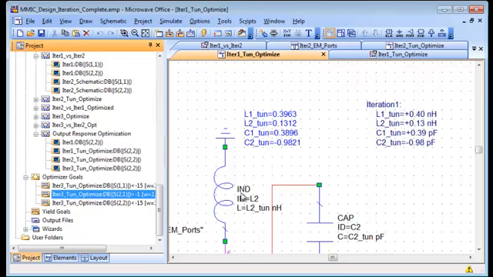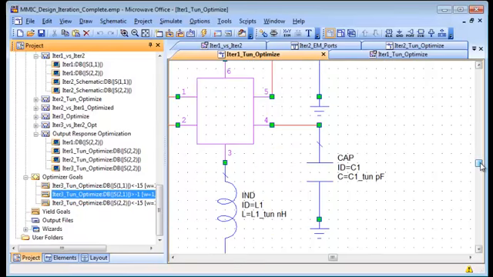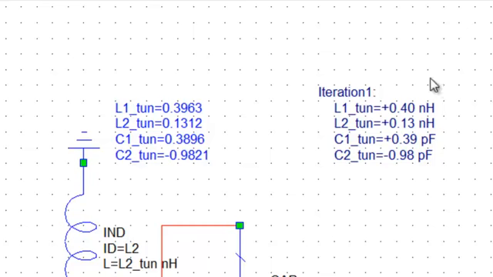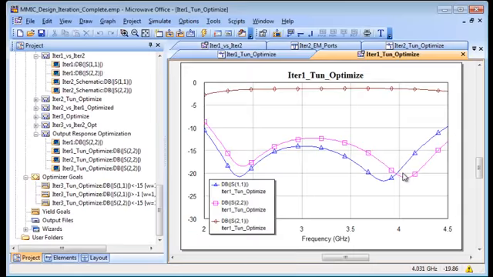So when we run the optimization, and the variables really are just the values of these tuning elements, the capacitors and inductors, we wind up with these values for the tuning elements. We need to increase L1 and L2 by 0.4 and 0.13 nanohenries respectively. C1 would need to be increased by about 0.4 picofarad, but we could decrease C2 by about 1 full picofarad. So a fair amount of change in tuning elements, but again, remember, we're splitting the poles so we can achieve a wider band,